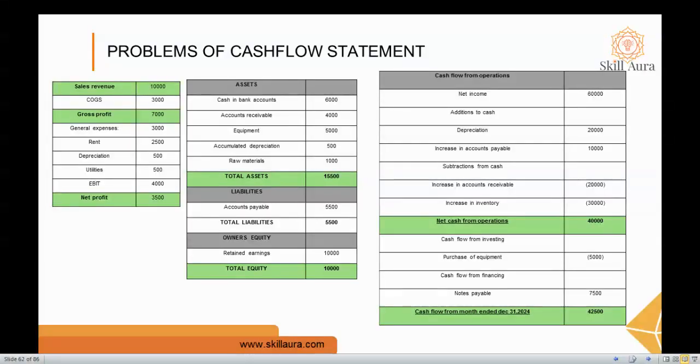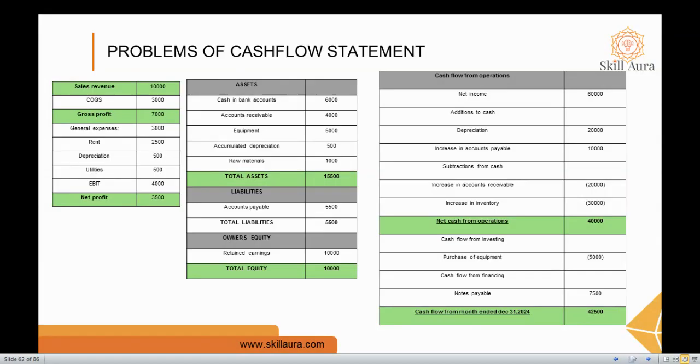In the question they'll give us the net income, and we have to know what we need to add to the cash. That is depreciation. One is depreciation, and one more is increase in accounts payable, that is 10,000, and next accounts receivable, that is 20,000, and then increase in inventory, 30,000. We have to add all this and subtract the others from the things we add to the cash, and then we'll get a total net cash from operations,